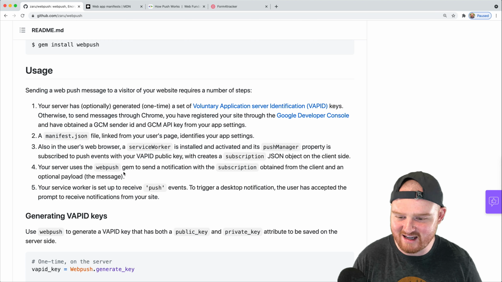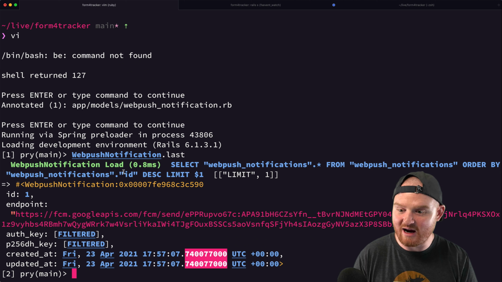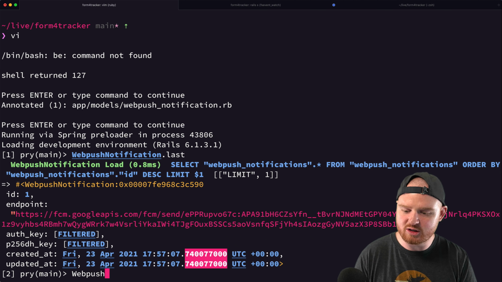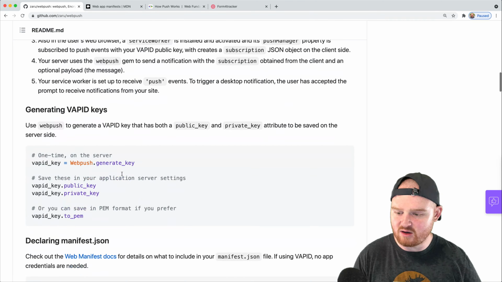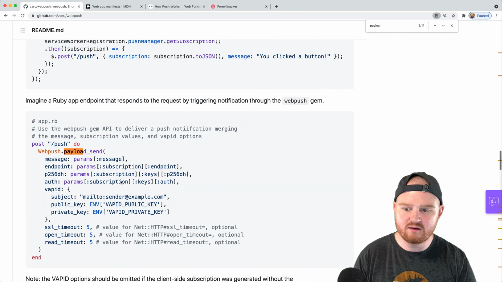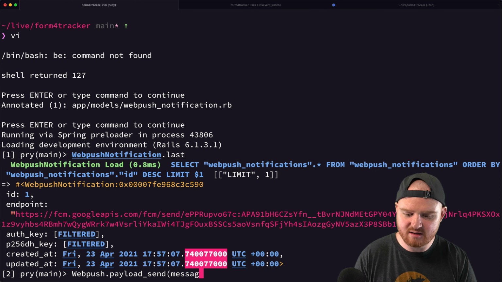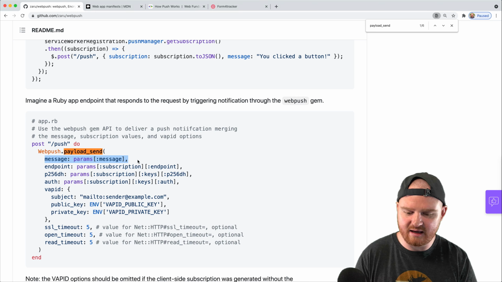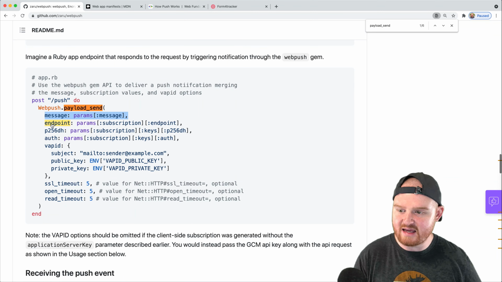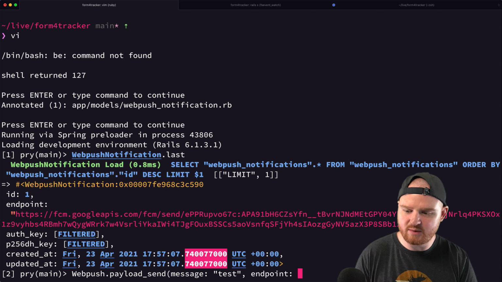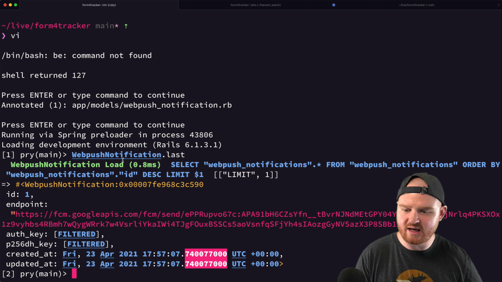Hopefully this works. Let's see what we can do. So from here, I think we might even be able to say WebPush.payload_send. Yeah. Okay. So where's this method? Payload send. Okay. So we want to send some message. We'll say test, and we want to send the endpoint, which is going to be, let's actually store this